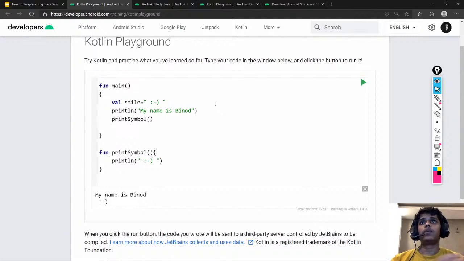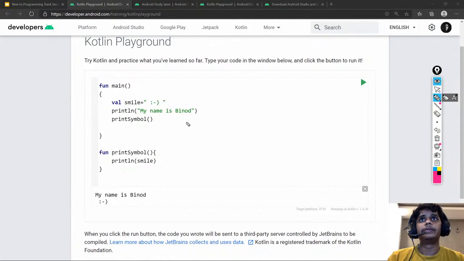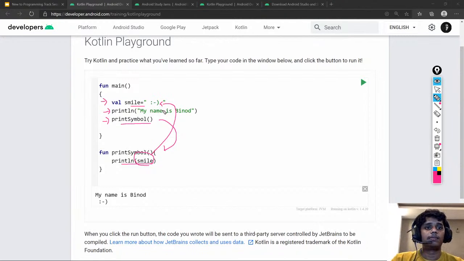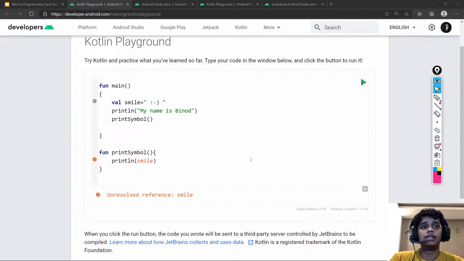The next thing that I want to do is use this variable over here. Let me just type smile. So what I'm telling Kotlin is to store the value smile, and while executing this function, you call this function and print this statement. While you print this statement, you can take this smile from the value that you have stored. Now if I just run my program, oh,